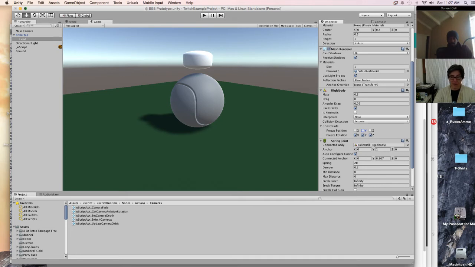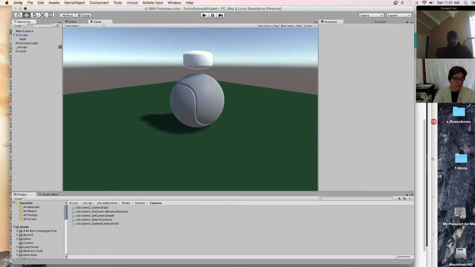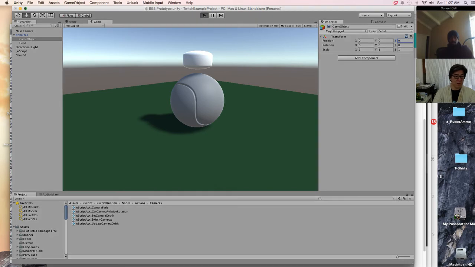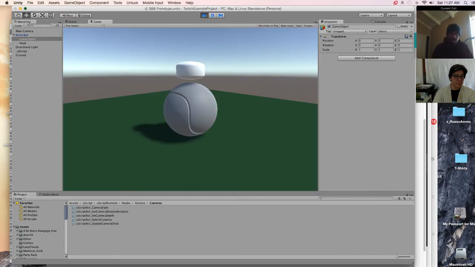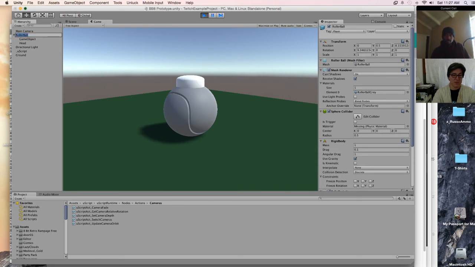How about maybe I'm connecting to the wrong object? Maybe I need to actually do something like, let's see here. Create empty. Attach this to the roller ball, right? So let's keep this object at 0, 0, 0. It should go along everywhere the roller ball goes, right? I'm going to walk through this step by step so you understand what my logic is doing. Oh, see? It's trying to get at its spring distance.